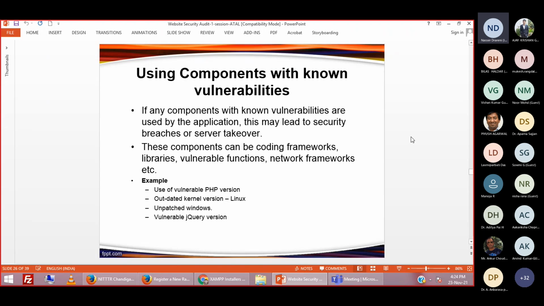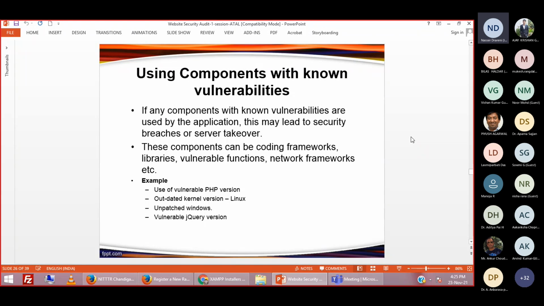Yesterday I already told you, having a vulnerability is not a problem, but letting hackers know about this vulnerability is very, very dangerous. Suppose your web server has 5 vulnerabilities, but no one knows about them. Then your website is safe. As soon as hackers know that you have these vulnerabilities, they will definitely target your system, right? So using an old version of software is just inviting problems for your website. If you are still using PHP version 4, nowadays it is version 8, right?